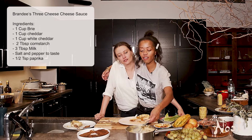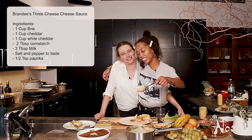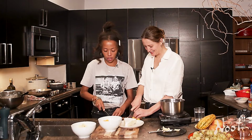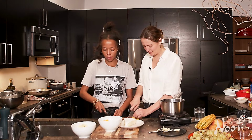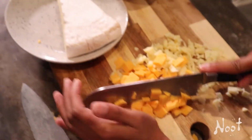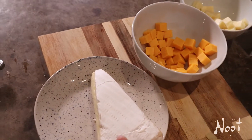This is the Brandee 3-cheese cheese sauce, because who doesn't like a yummy, drippy cheese sauce? And you can use any cheese that you want, but we happen to be using brie, yellow cheddar, and white cheddar. I'm gonna use this cheese sauce on my...